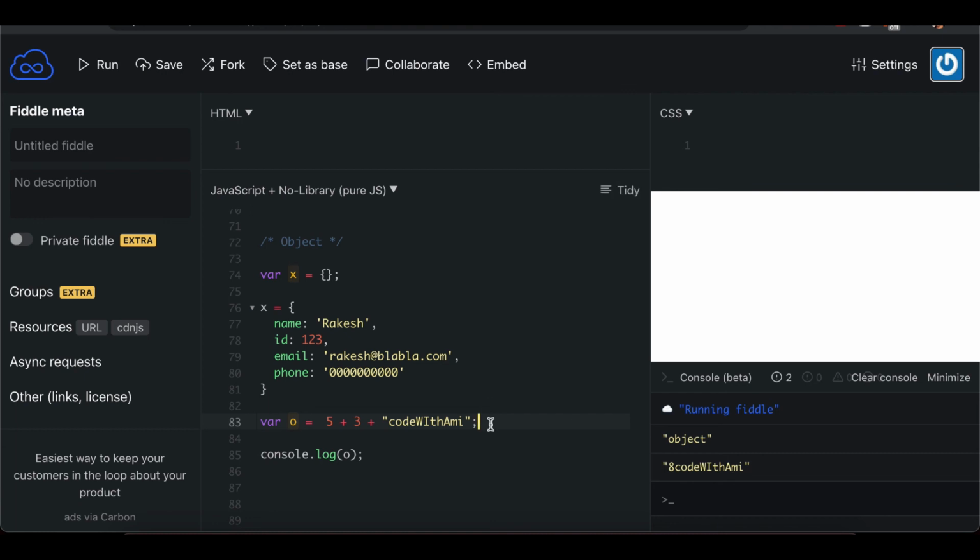What happened is it found the first two numbers and added them, and then it found the third value, which is a string, and just concatenated it. So this is how JavaScript works, and you should stay away from this kind of operation because it will give you unexpected results.